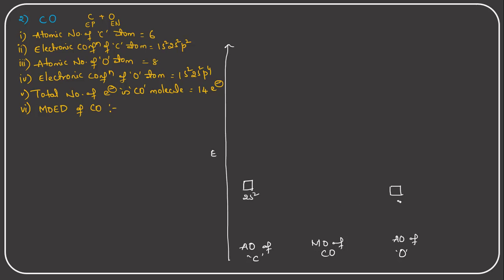Okay, so this is a little higher energy than the energy of the oxygen atom, and this is the 2s2, and this is also a 2s2. That means this 2s2 orbital is this one. So the 2s2 atomic orbital of the carbon is merging with the 2s2 atomic orbital of the oxygen. So they are merging together and forming a bonding molecular orbital and an anti-bonding molecular orbital. So with dotted lines we need to connect them.